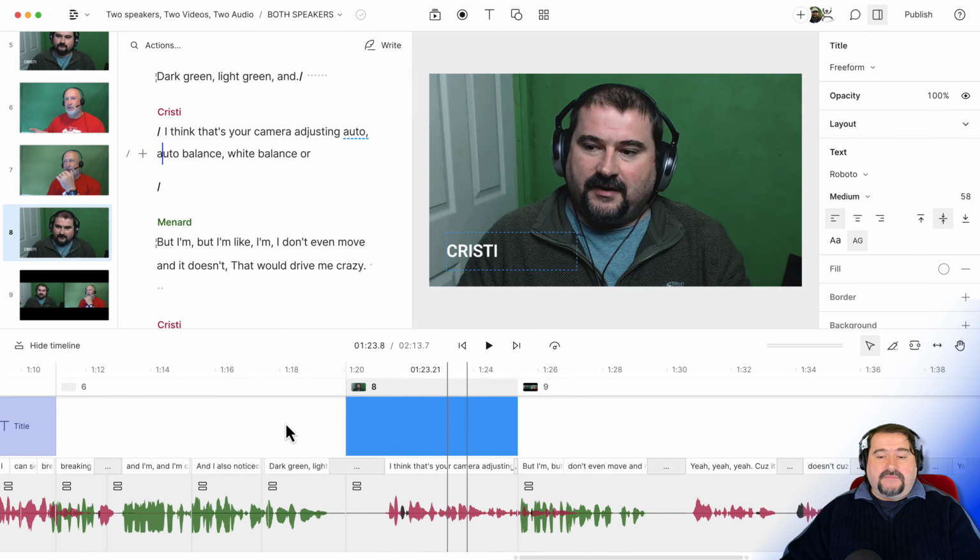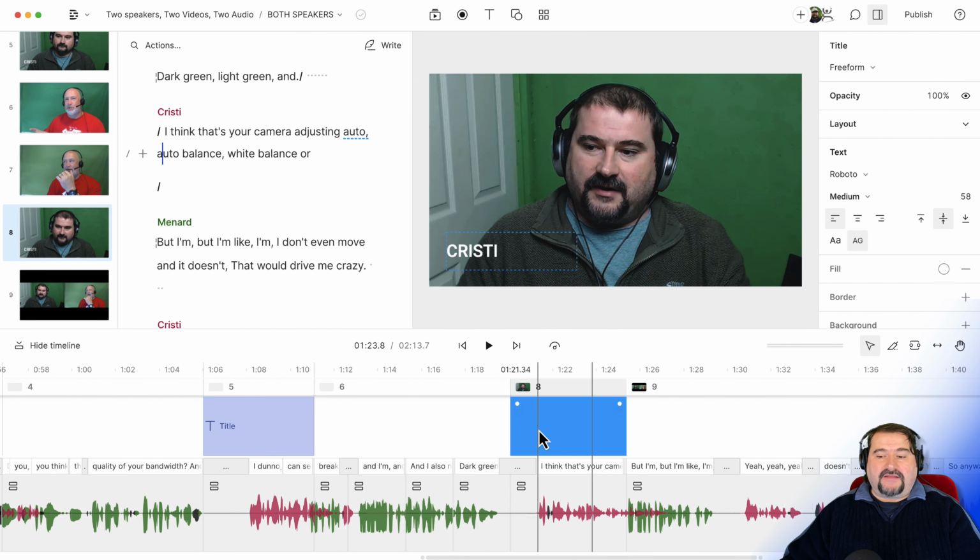If I look on the timeline, you see that both of these scenes have that annotation or text field with my name on it. So when you replicate layouts, they bring the elements that you have added in that scene also, like annotations, text boxes, shapes, all those things. And all of the cameras or video streams, they come in with the setting or cropping, size, position, and all that you have done.